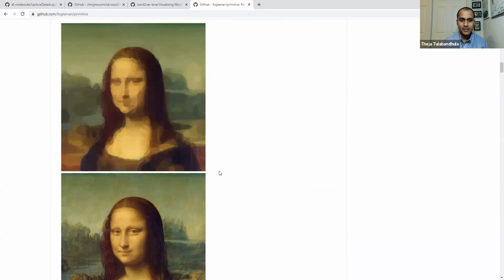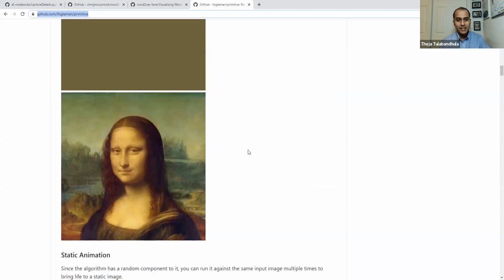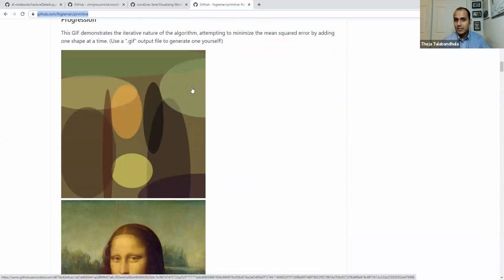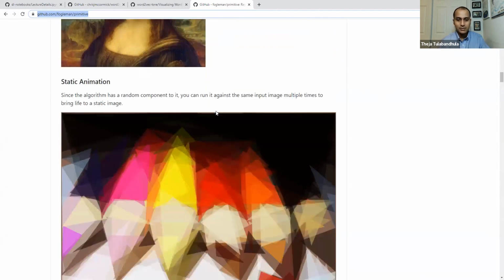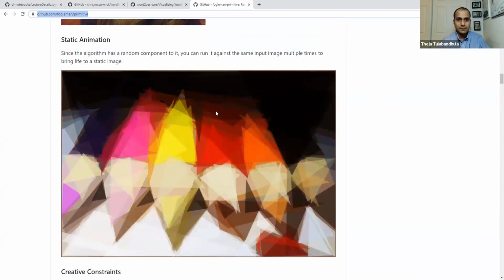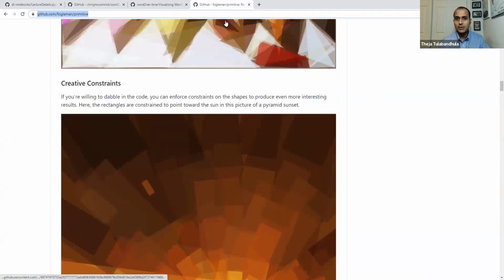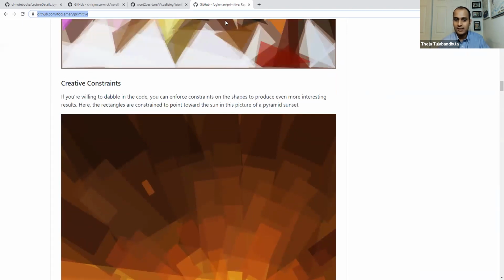I just wanted to share this with you as an example of how to figure out which sized primitive object to put where. There's of course some optimization going on, and it's worth looking into how this is happening. Anyway, for folks who want to get more inspired in terms of what project to work on, this is a good example. And this was the link that I was showing.